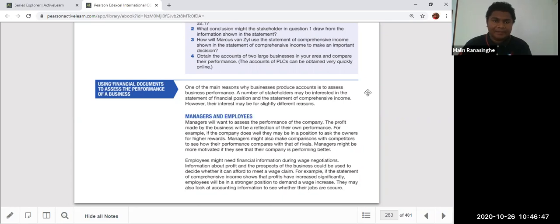Pay cuts are happening, especially in the airline industry. Some employees have had their jobs cut. I have a friend, a colleague from school times. He worked for Qatar Airways. Now his contract was suspended. He is now in Sri Lanka because they can't pay him. He was working in the catering department, a very good chef, and now he has lost the job. So this kind of situation is there.